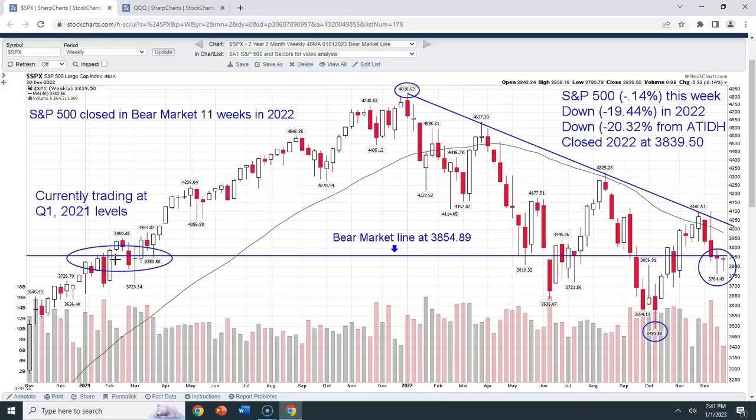It's possible, but I think a more likely scenario is that we undercut these lows somewhere in the first 3 to 6 months of 2023 before this is over. All right, I'm not trying to make any predictions, but just mathematically, and also if you look at the last